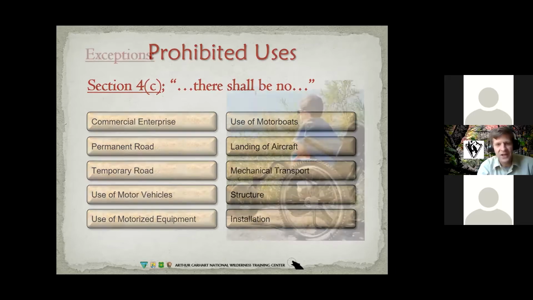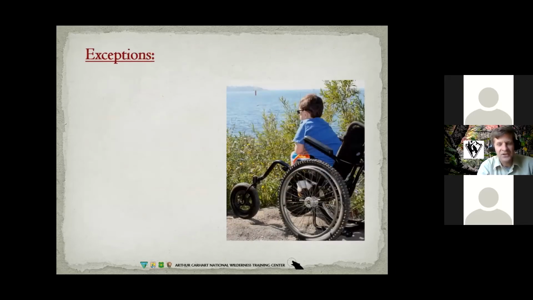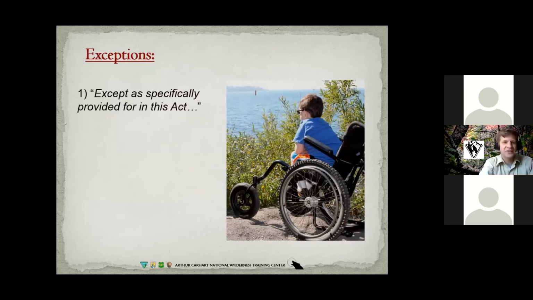Go ahead, John, next slide. And you're just going to have to toggle through these. There you go. So the Wilderness Act basically says these are the exceptions. We're talking about those 4 exceptions we just touched on. The first one being specifically provided in the Act. Some of you familiar with the Wilderness Act know there is language that allows the use of motorboats in wilderness areas where that use previously existed. So that's an example of a specific provision that's called out in the Act itself.